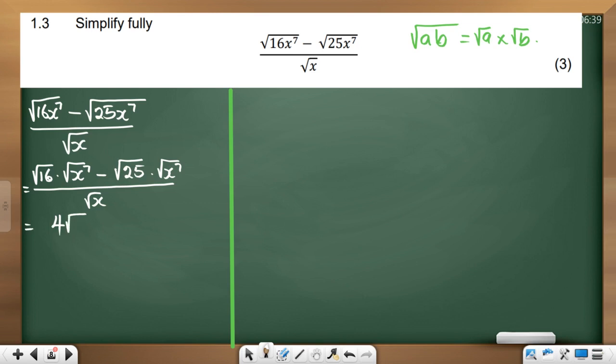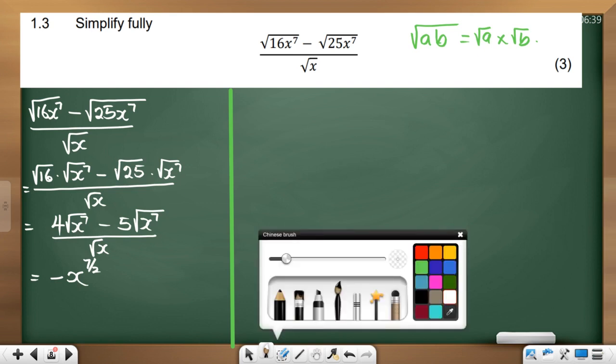And, okay, I can still do this. Let's still leave it this way. Just want to make sure I'm carrying everybody along. All right, look at x to the power 7, x to the power 7. They are like terms. All right, so 4 minus 5 is minus 1. Minus x to the power, okay, 7 over 2. Somebody's saying, but where is that 7 over 2 coming from? Remember that, let me use a red here,